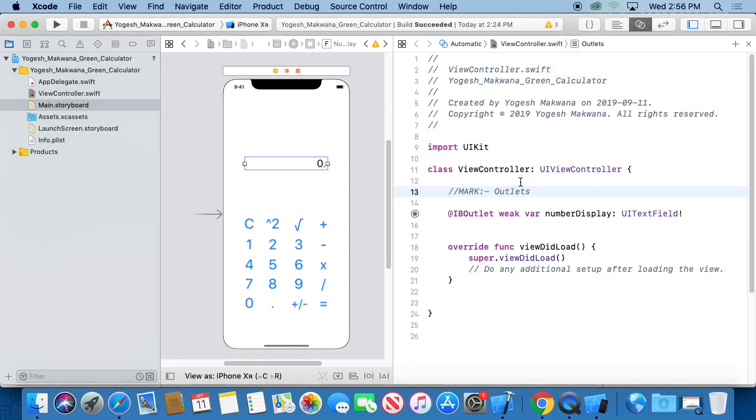So if you comment your code, if you have a very long file and you have divided it properly into outlets, actions, and all the other things, then you can quickly jump to those from here. So these are the outlets, right? And then here I could say